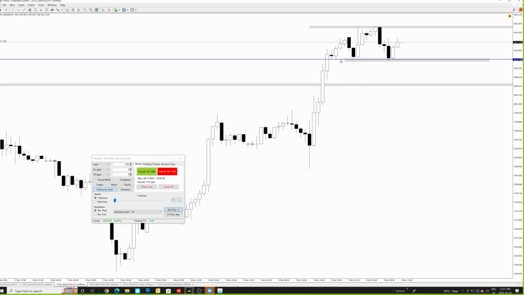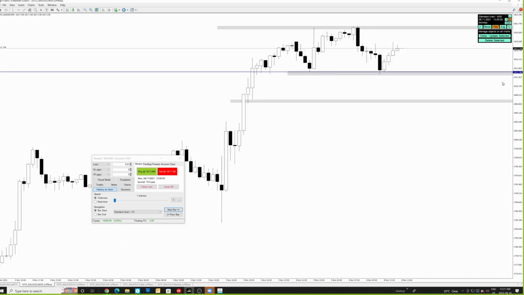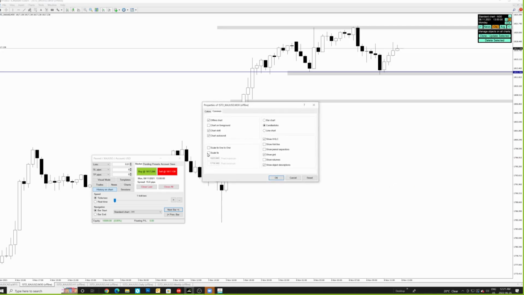So first we're going to clone these over to the 30-minute, move over. So there we go, we got them cloned. So maybe this is going to be an area where price may move down, right? Or what I'm thinking is, let's go towards properties, scale fix,